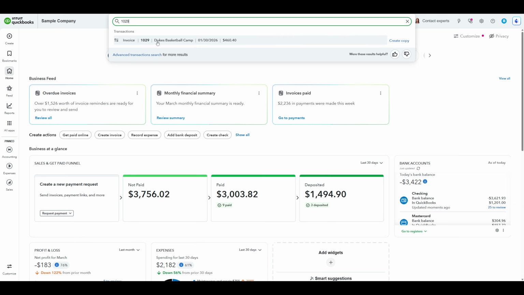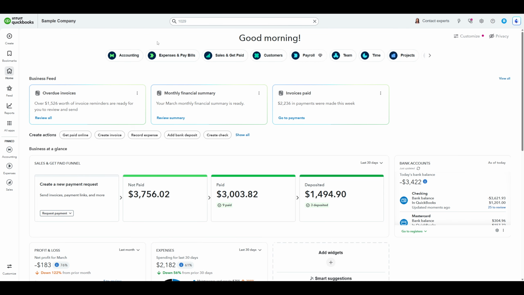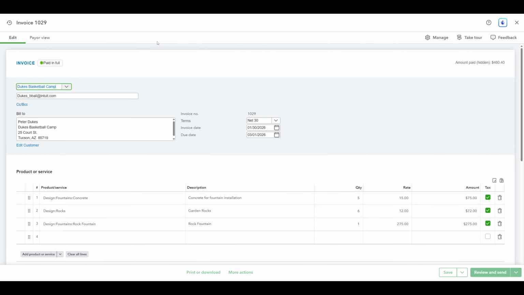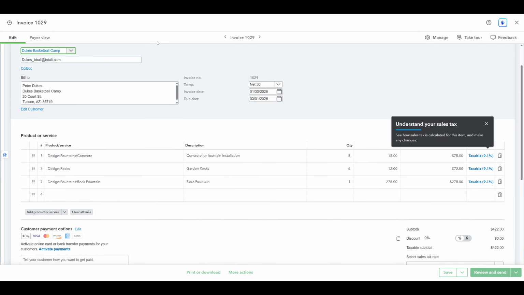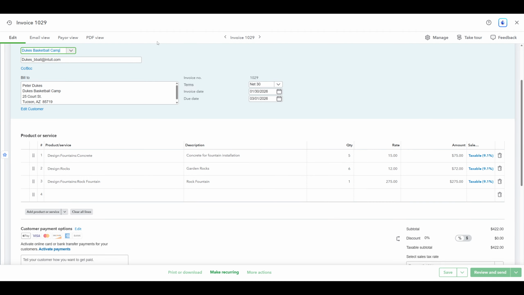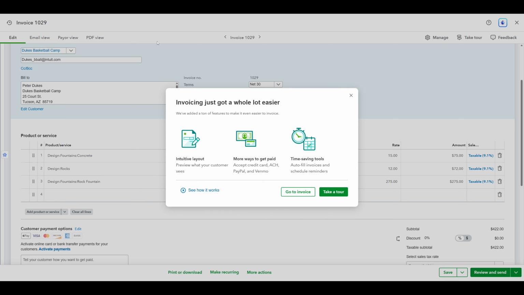As you type, QuickBooks automatically displays suggestions and related searches just below the bar. Keep an eye on those suggestions. This is where your invoice usually appears. You'll often see the invoice number alongside helpful context, such as the customer name, the transaction date, or the amount. Use these details to confidently identify the one you need, especially if your invoice numbers are similar or if multiple